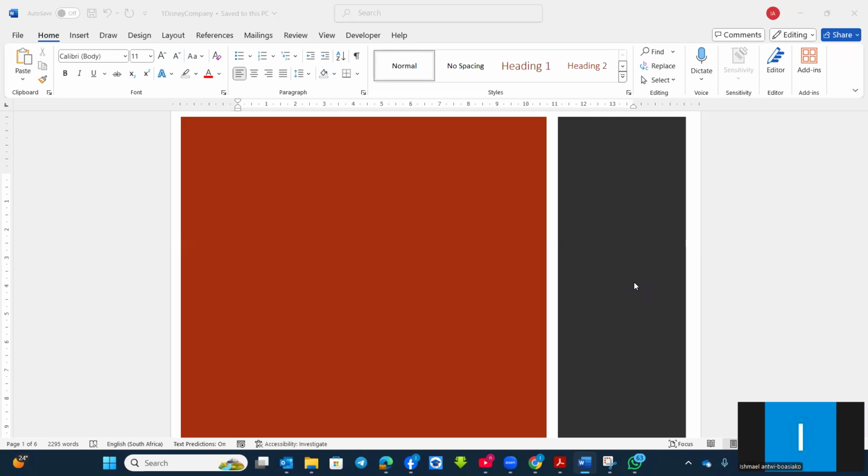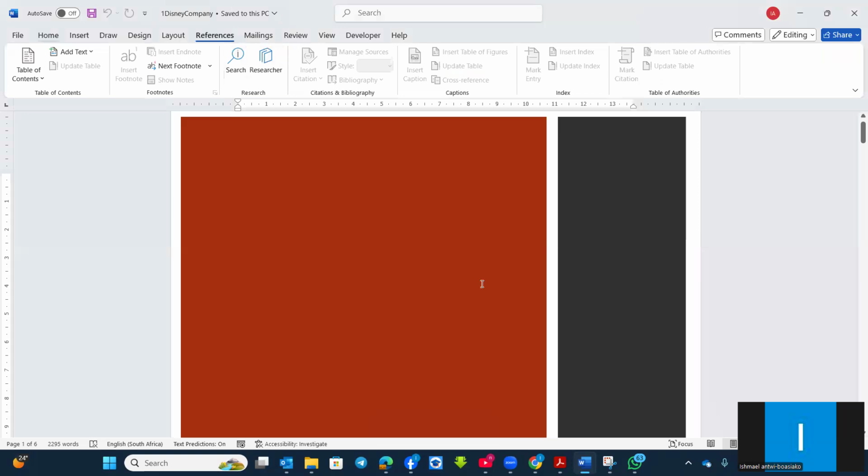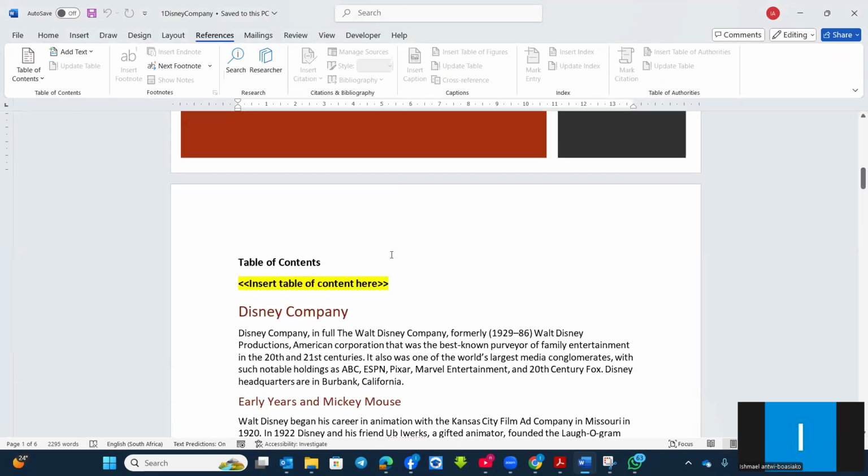Right. In this lesson, we are going to look at table of content, and then we will also look at footnotes and endnotes. Basically, we are going to focus on references. Right. So now here, if I want to insert table of content,